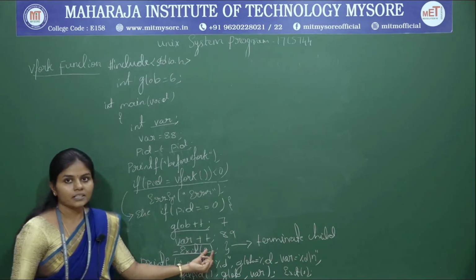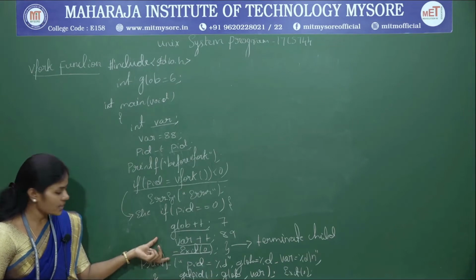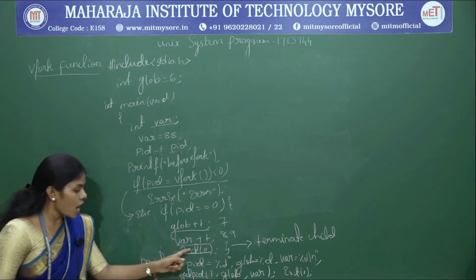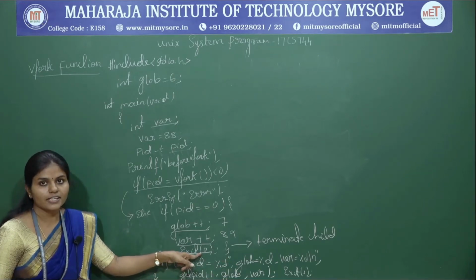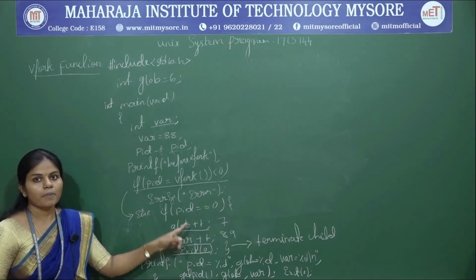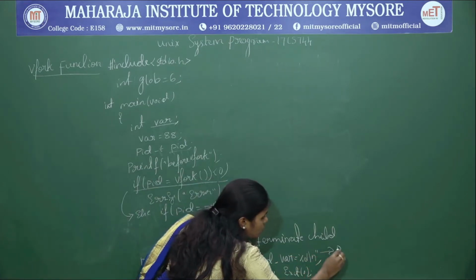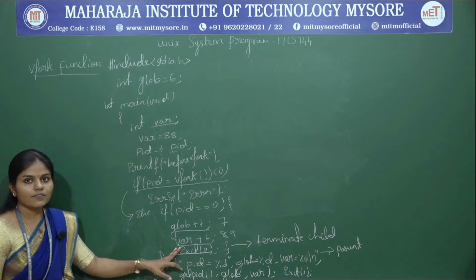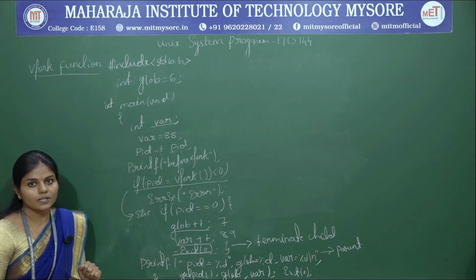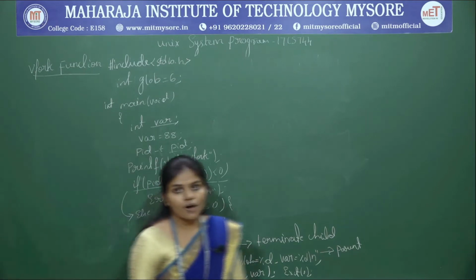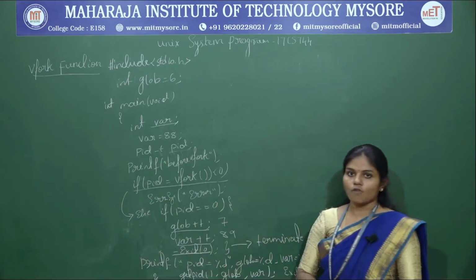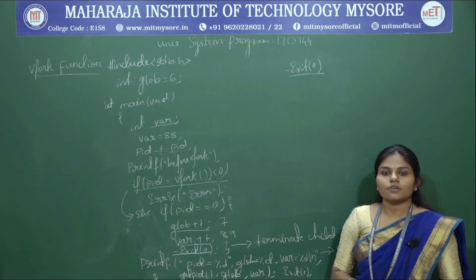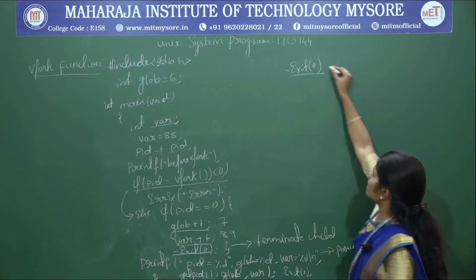After terminating the child process, it ends the else part and comes to the printf statement and executes it. After the child process terminates, it is going to wake up the parent. Now it is going to resume the parent process. Now the difference between fork and v-fork we are going to see here. The first one is _exit(0), which gives the control directly to the kernel.